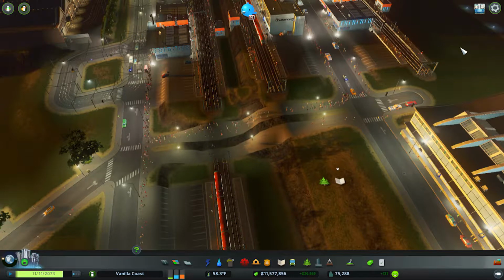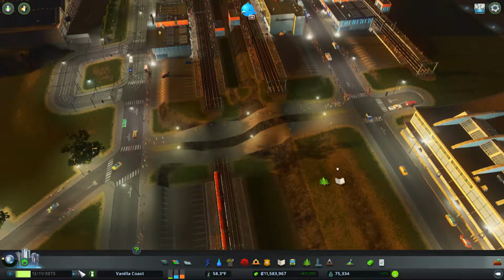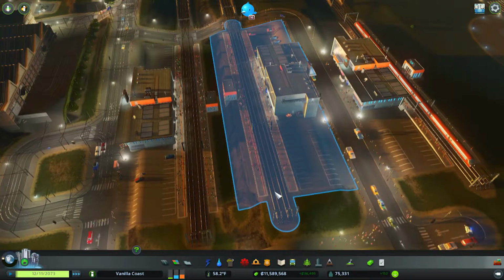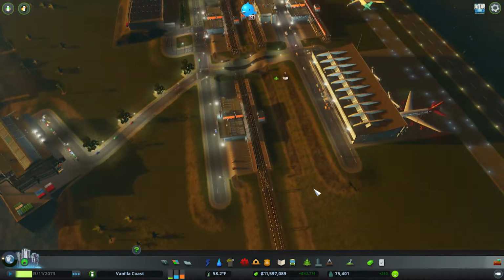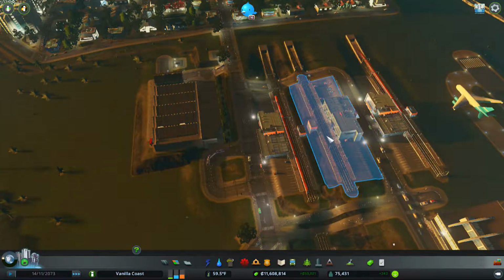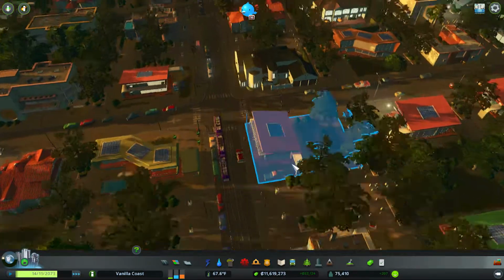Hello everybody and welcome back to Vanilla Coast and City Skylines, where we have a lot of people walking around this area. But that is the point of it being Grand Central, is that very few cars. Everybody can pretty much walk to where they want to be. Speaking of which, where's the...